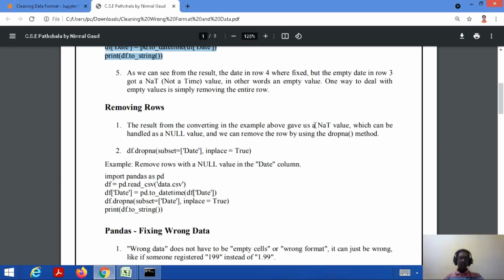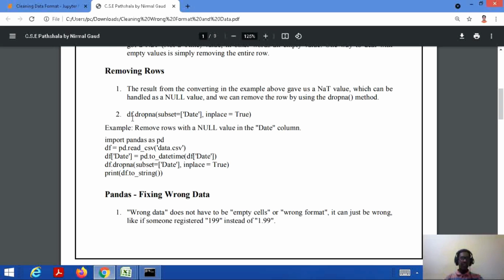In order to handle this situation, we can remove the row by using the dropna method instead of getting such not a time values. So it's better to use a statement, that is df.dropna(subset=['date'], inplace=True). So here we are taking a subset of date, and we are dropping that particular row.